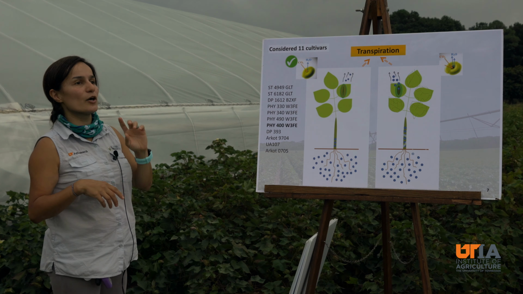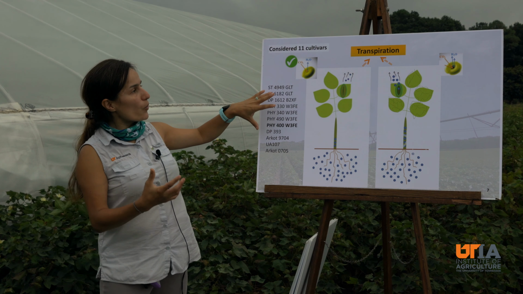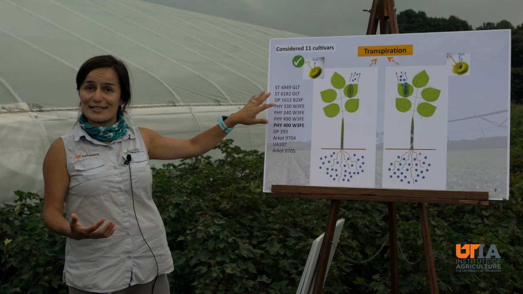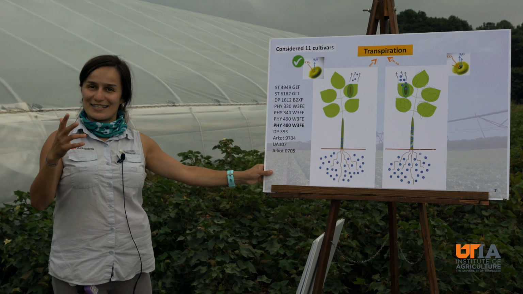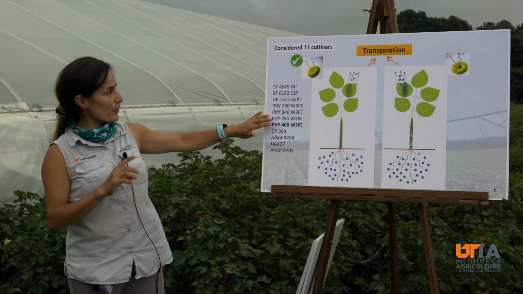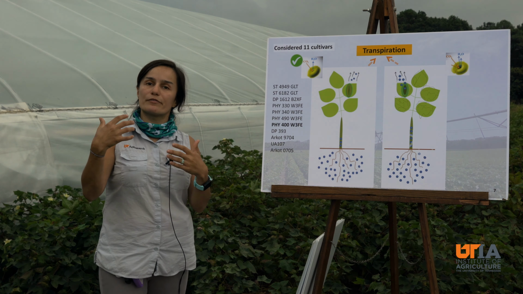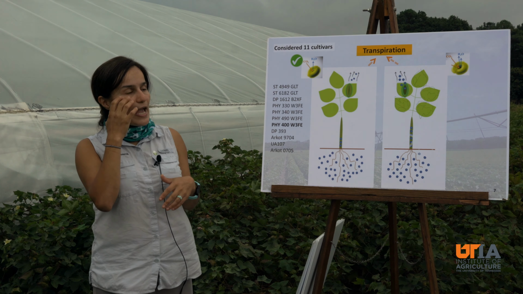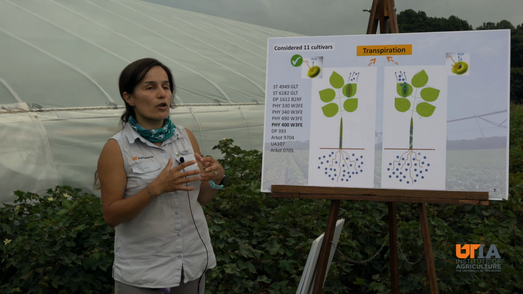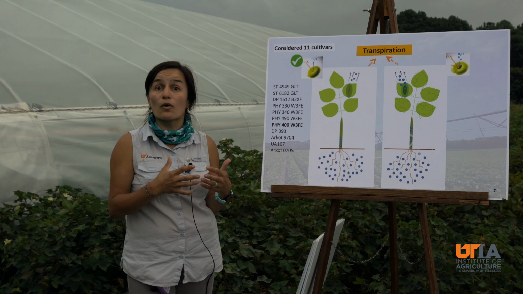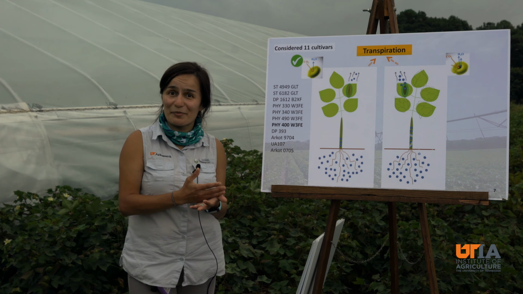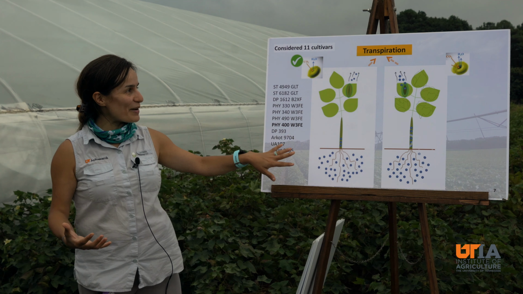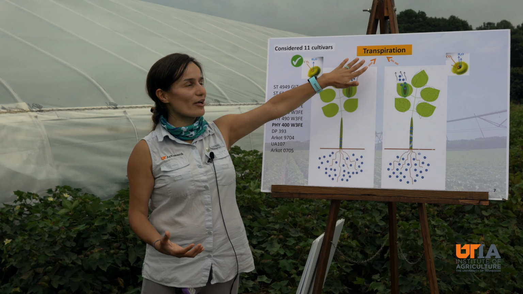Here I just want to show you that over these past few years, and we're still working on it, we've been testing different cotton cultivars in the field, starting with 6 cultivars and going up to 11, 12 cultivars. Whatever new cultivar of cotton was introduced to us, we tested in the field to see whether the physiological activity of these cotton plants is different under different water availability, under stress, under a rainout shelter. Why this is important goes back to the physiology of the plant and the amount of water loss under